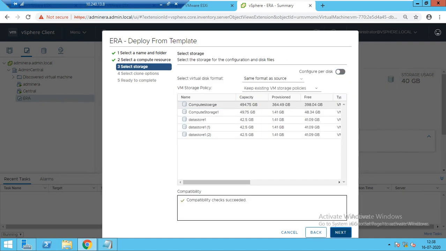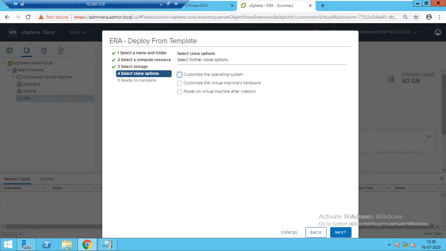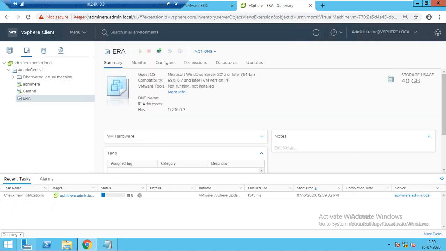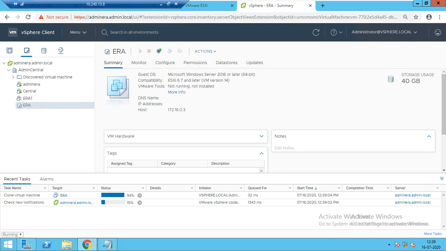Then if you want to configure these things newer you can; if you want the same as it is, no need to do anything, just click on next and do the finish. So after a moment of time, you will be getting the machine which is powered off.